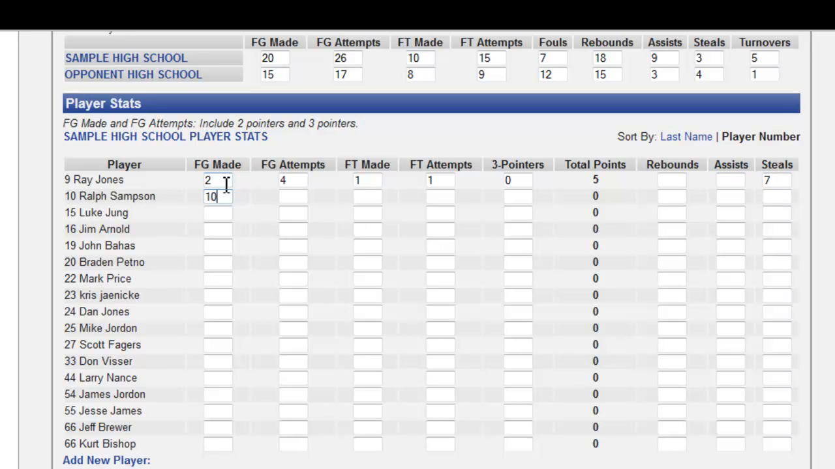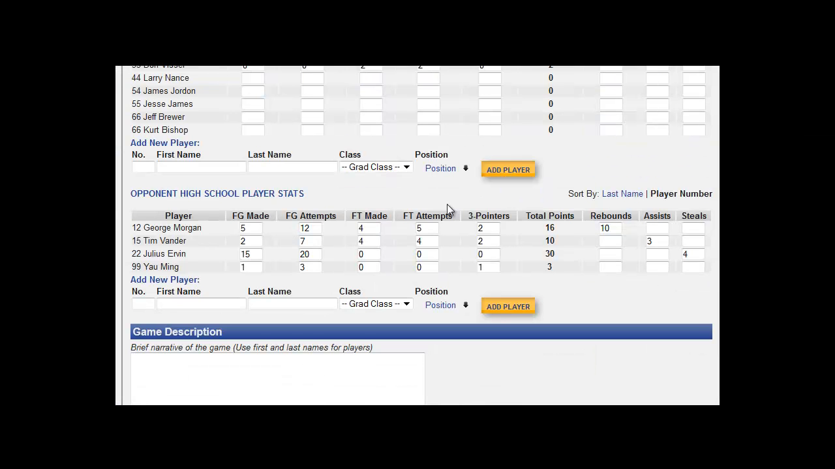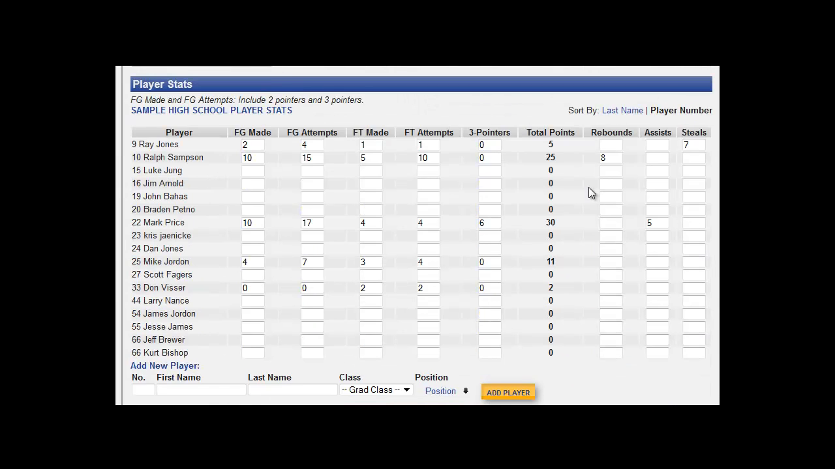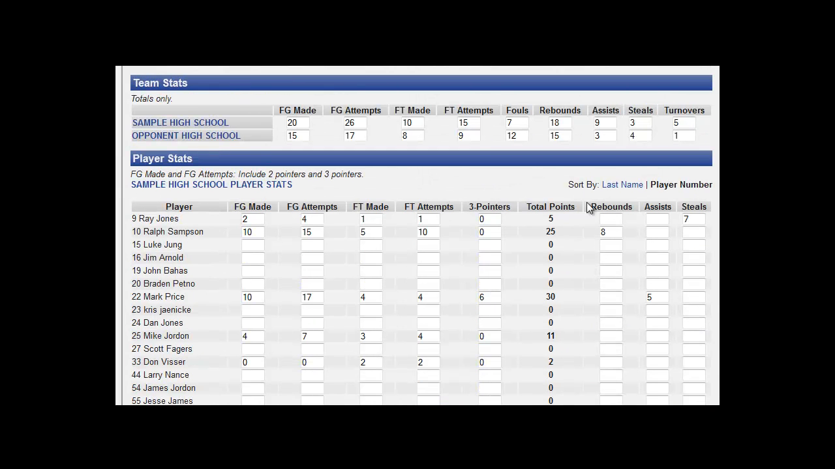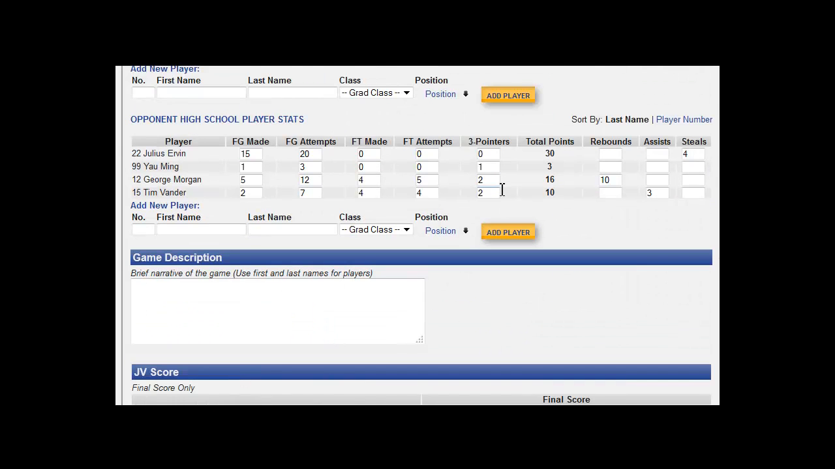Ralph Sampson was 10 for 15. He was 5 for 10 from the line, no 3-pointers, and he was my rebound leader with 8. Okay, so I have now populated all of the scoring for this group in this game, and on the opponent I didn't have all of the players included in the roster,